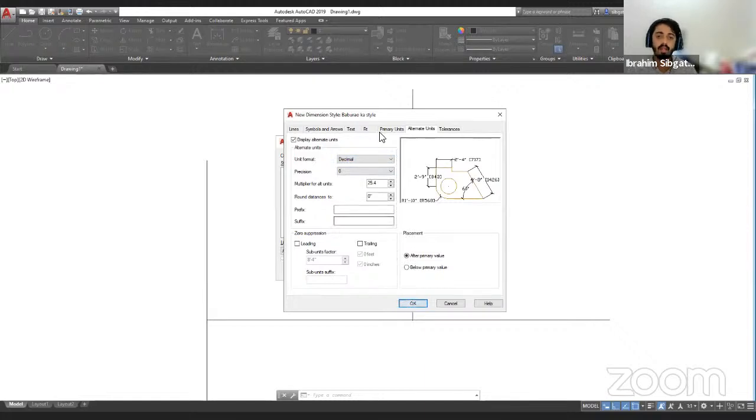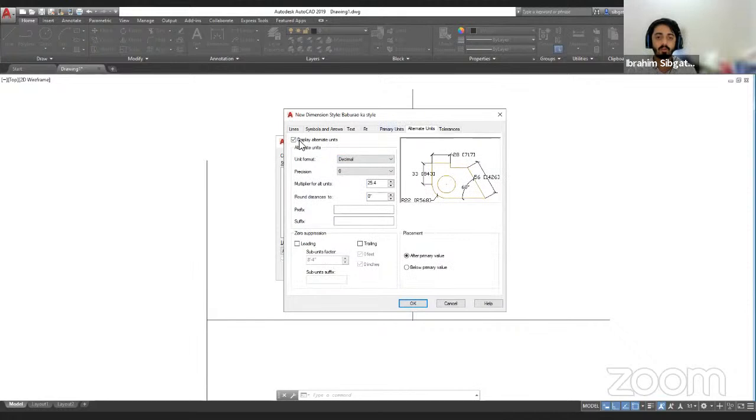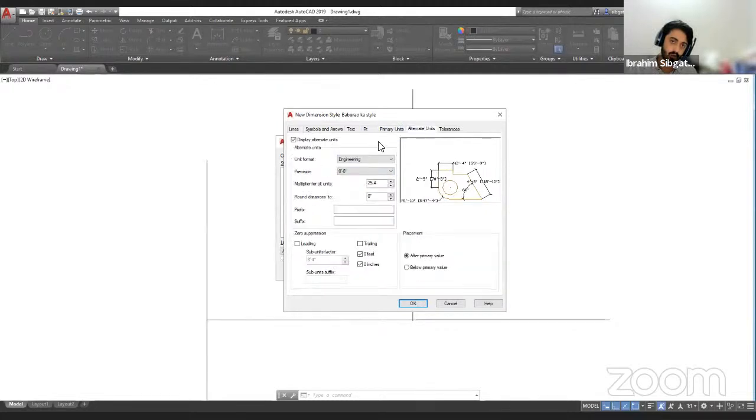All right. And if you are working with primary units like decimal, and you also want to show the imperial units, come here and click on engineering and it will show the imperial units also. Okay. So this is how this thing works. Now, once you are done with it, just click on